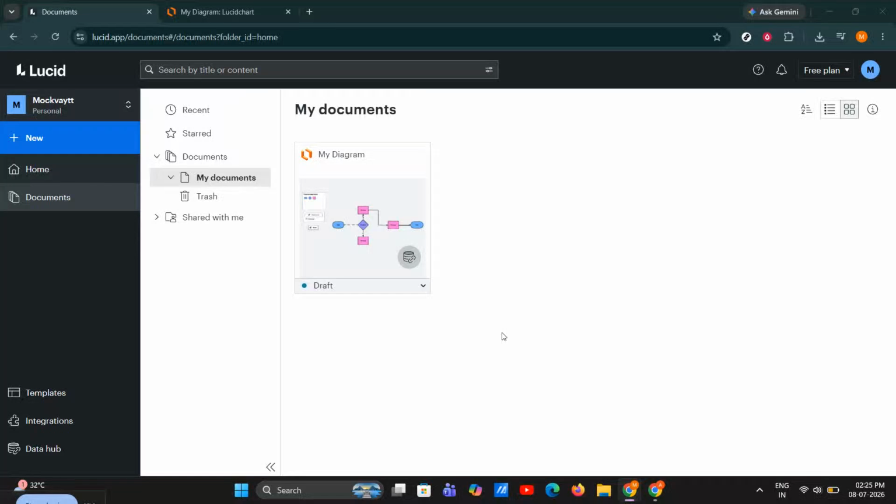If your Lucidchart download is failing, giving you an error, or just refusing to export, don't worry, because in this video, I'm going to walk you through a few simple fixes that usually solve the problem fast. We'll go step by step, and by the end, you should be able to download your Lucidchart file without the